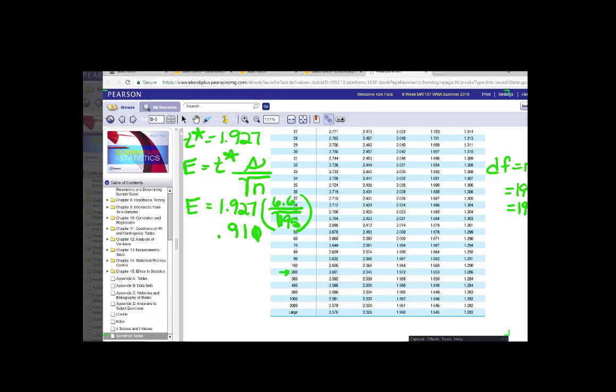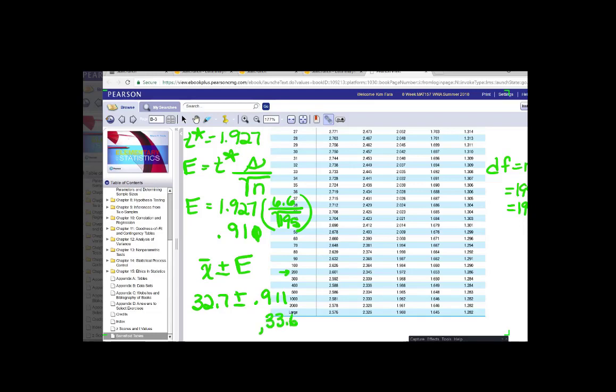I'm going to round it. I get 0.9107692191, and I'm going to round it to 3 places. That'll give me plenty. And so I'm going to take, remember, my sample standard deviation plus or minus the error. So it's going to be 32.7 plus or minus 0.911, and when I do that, I get 33.6